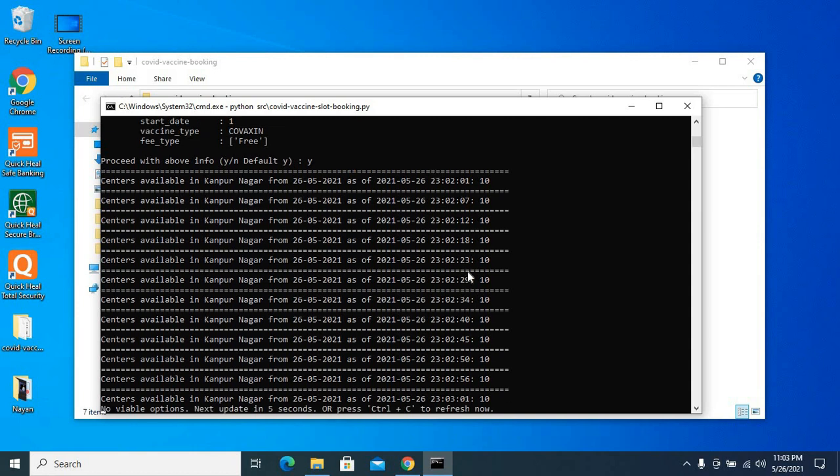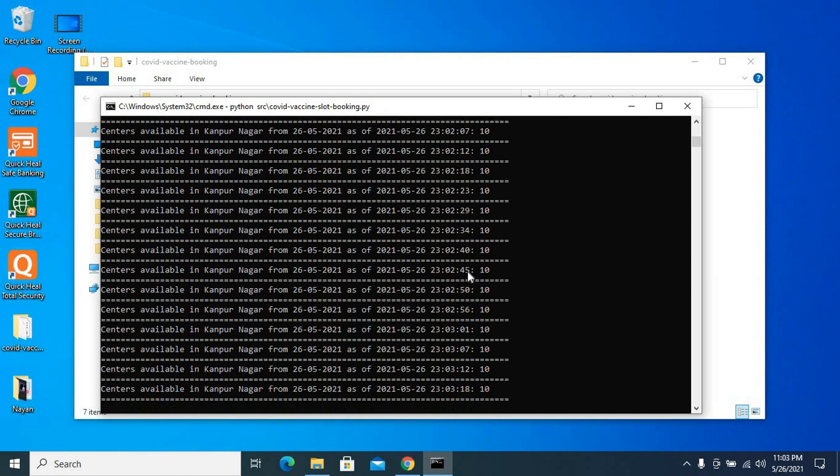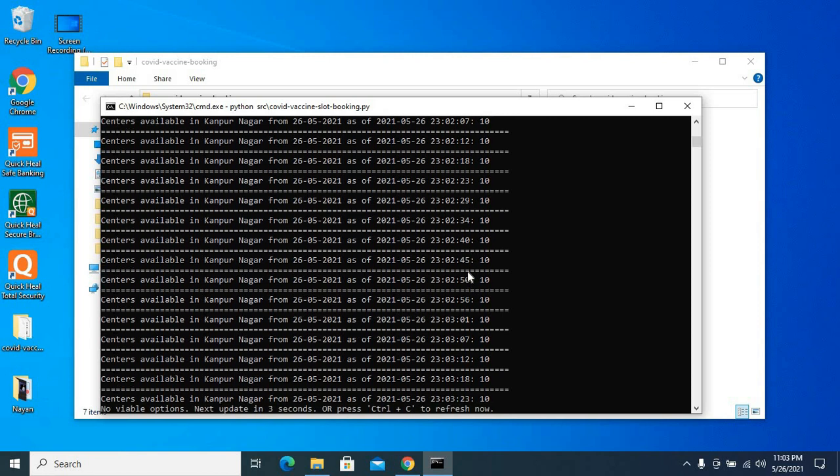You can run this script in prime hours, like in the morning between 10 to 12 or evening 5 to 7, when the slots for the centers are opened for booking. This avoids several visits to the CoWIN portal for booking the slots. The script has to be run just one time, and if there is availability of a slot, then it will be booked automatically.